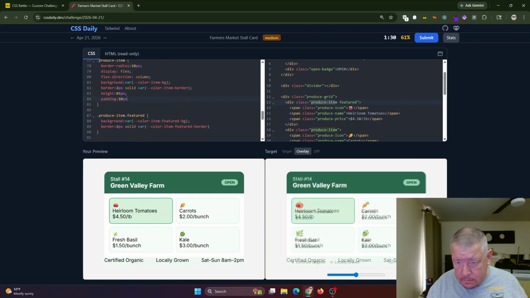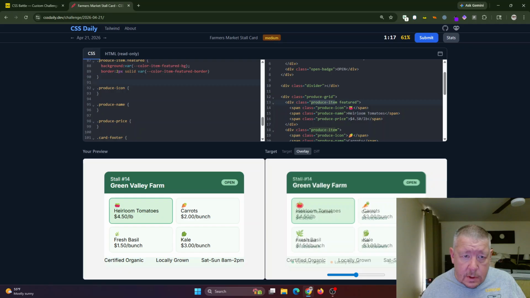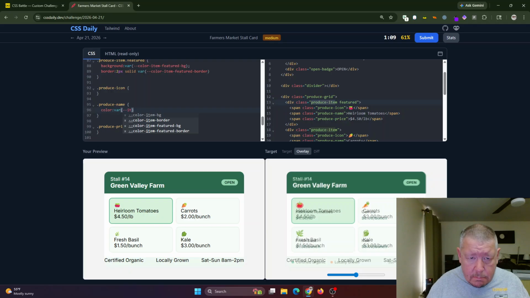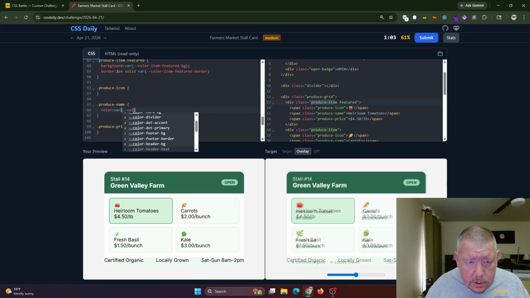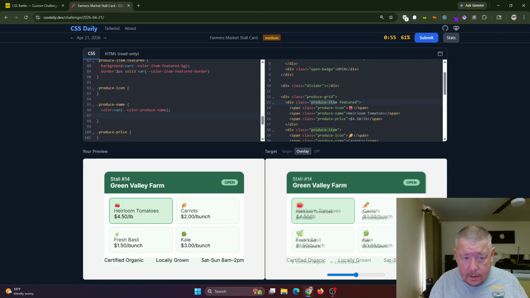10 pixels. Maybe it's 15 on the side. 12. I don't know. 15's not terrible. Produce icon, produce name. It's going to get a color of var item. Nope. Let's look at colors. Where's anything that says item? Item background, item border, item featured, produce name. That's what I want. And then we're going to have a font size of, I don't know what it is,